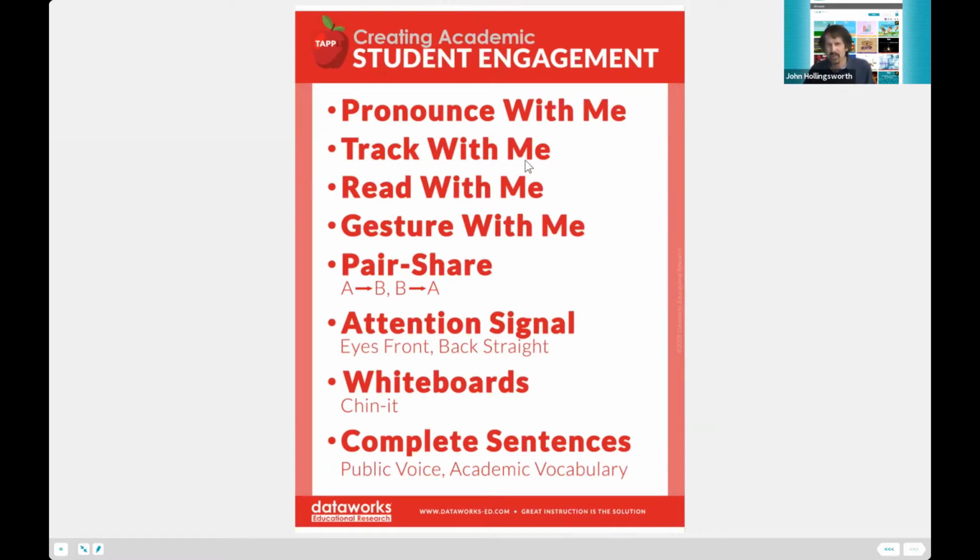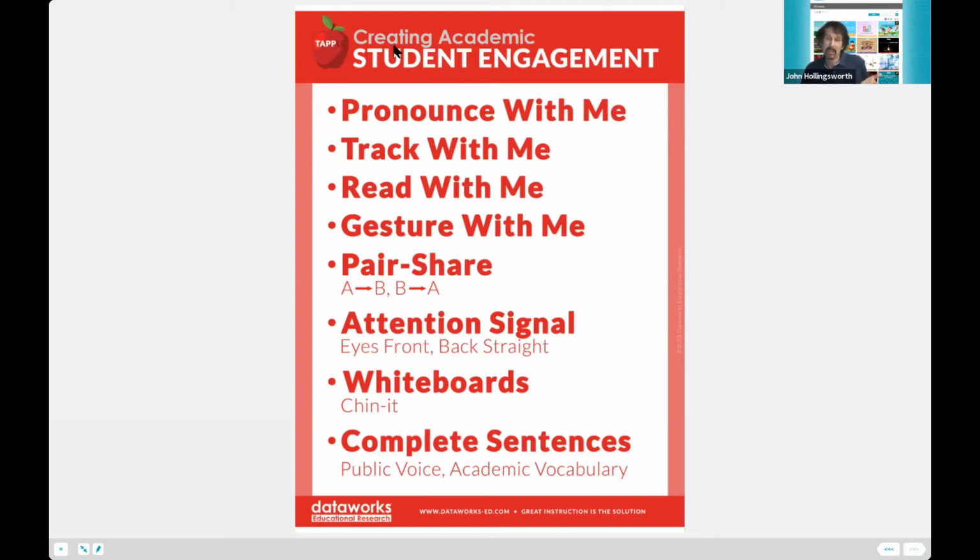Okay, the next two are track with me and read with me. When you have an academic sentence, like a learning objective, an academic definition, sometimes the questions even, we're going to use tracked reading, which means you read it first. Don't ask the students to read it cold, especially English learners that are struggling readers or any struggling readers. You read first and they have their eyes on the page. You use your cursor to guide them. And you read first and they read after me.